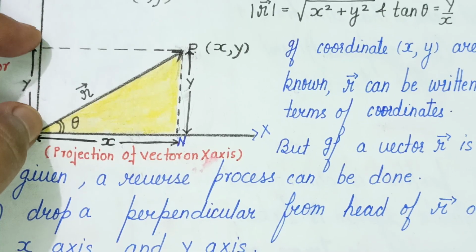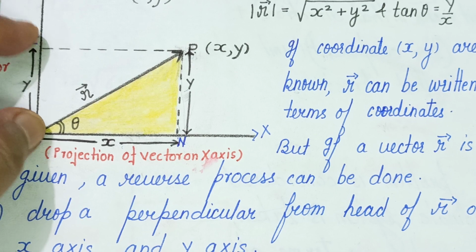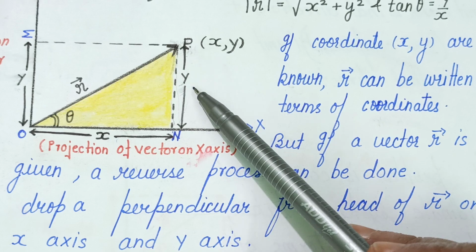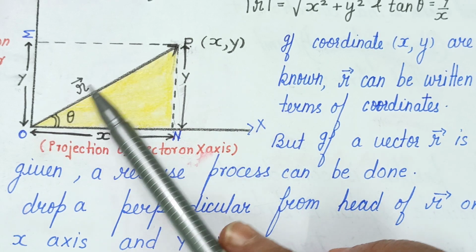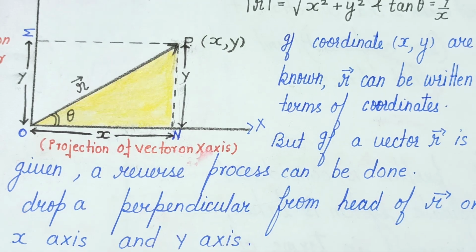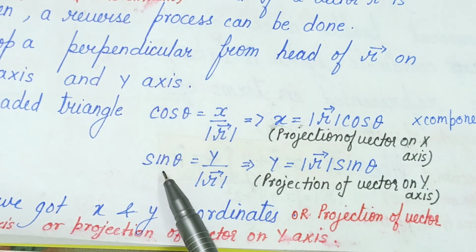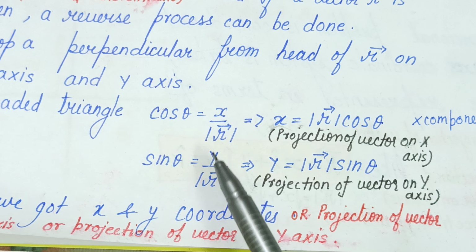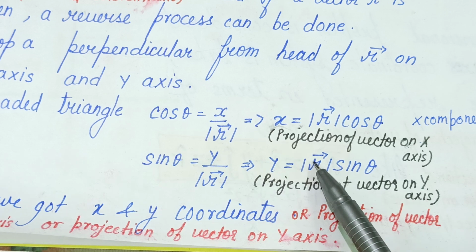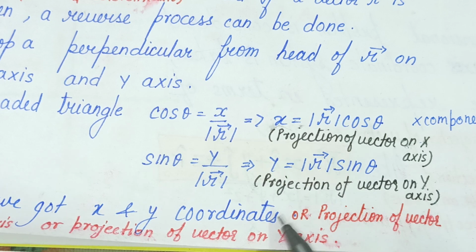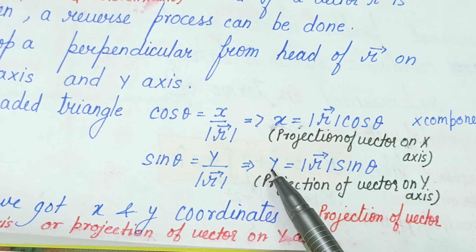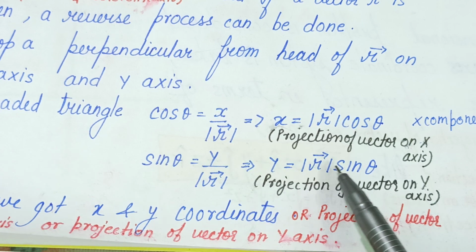So this y component or projection of vector on y axis is represented with this length y, and sin theta is y upon magnitude of vector r. So y is magnitude of vector r sin theta. So the projection of vector on y axis, or y component of vector, is r sin theta,